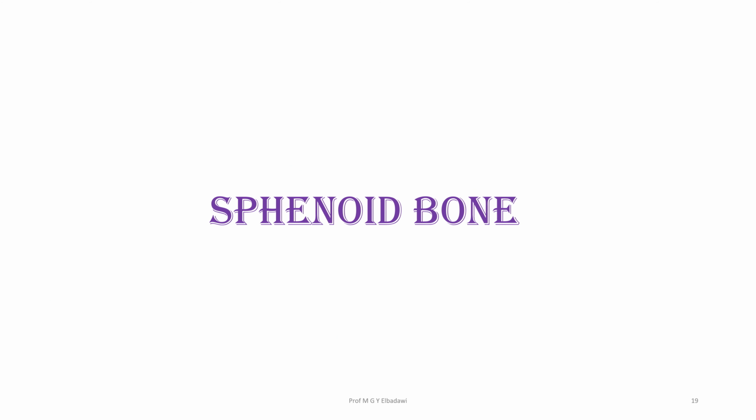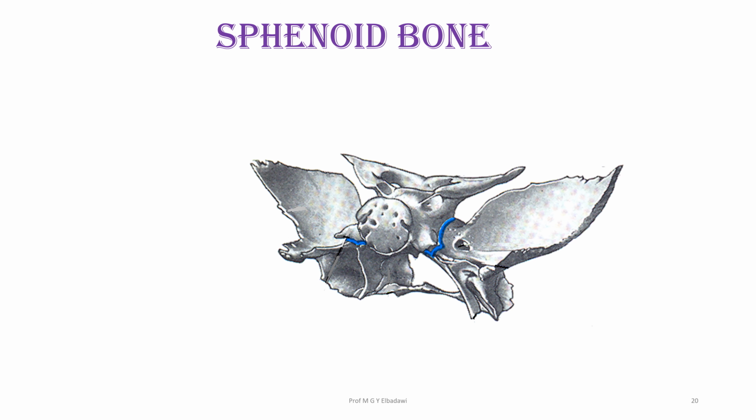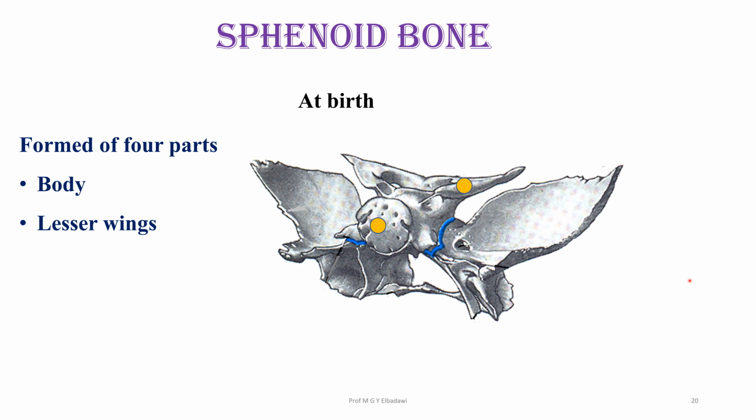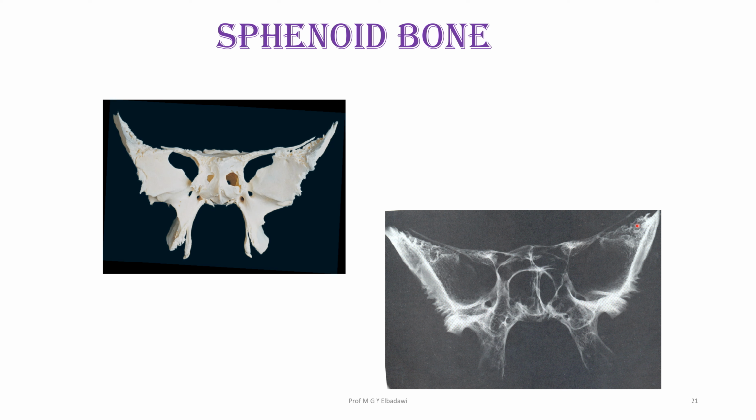Now to the sphenoid bone. The sphenoid bone at birth also is divided into parts by this hyaline cartilage in blue here. Again, it has four parts: a body, a lesser wing, a greater wing, and two pterygoid processes on each side. It looks like a butterfly. That butterfly has a body, two wings, and two legs here, which are the pterygoid processes. That's at birth. In adult, look into it